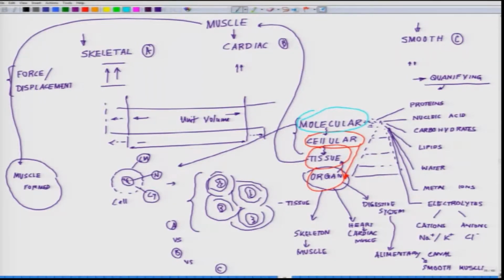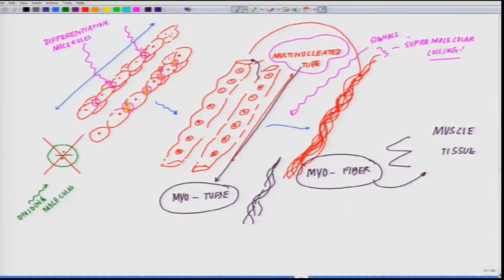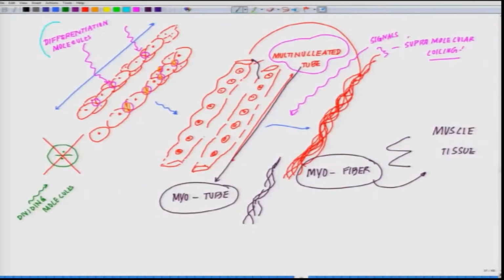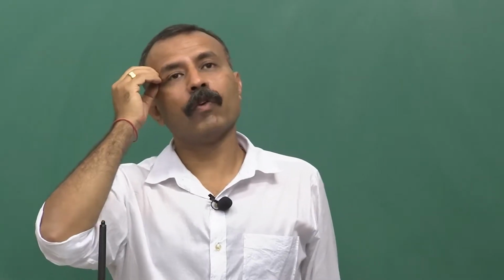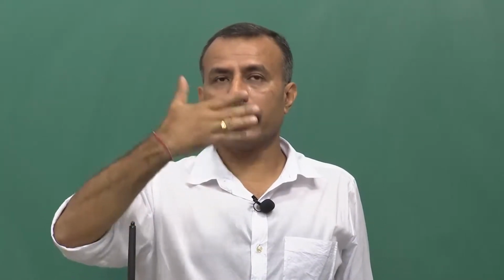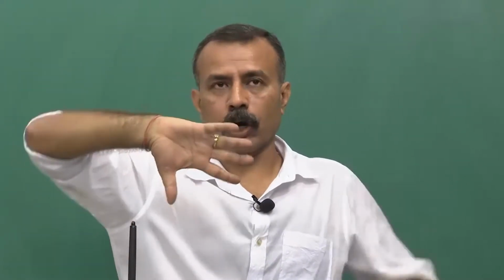Because it is the molecular players who will determine. I have given you some hints about the molecular players, those involved as guidance molecules, as dividing molecules, as differentiation molecules, but still I haven't told you which are those molecules involved in the process of generating different kinds of